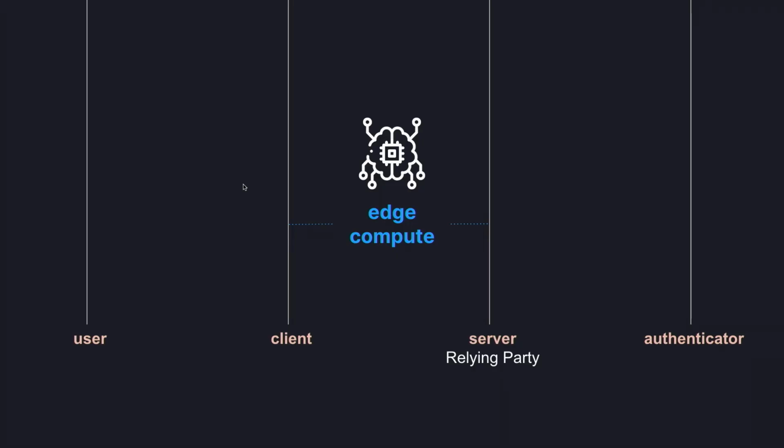Good auth is also autonomous. You want it to be isolated from the rest of your system because it is so critical, and you also want to limit that surface of attack. Good auth is secure. And ideally, it also should be minimally annoying to integrate and maintain. If you've ever done one of the other types of authentication flows, you'll know exactly what I'm talking about.